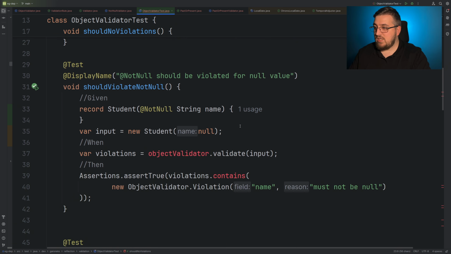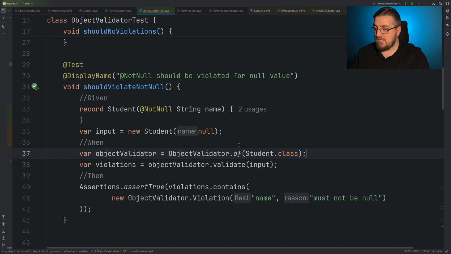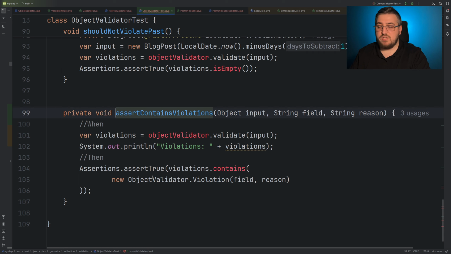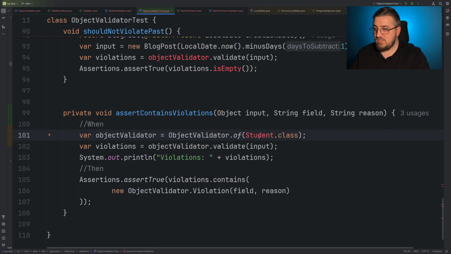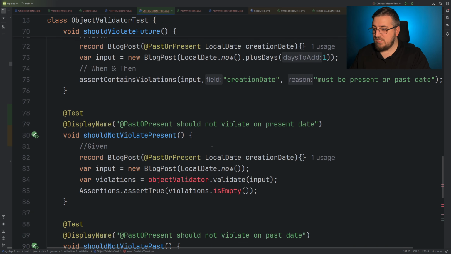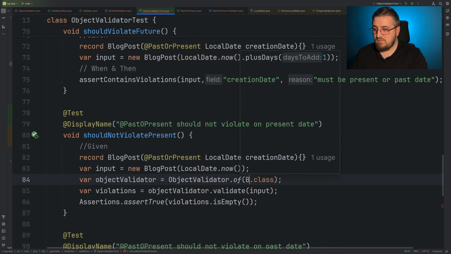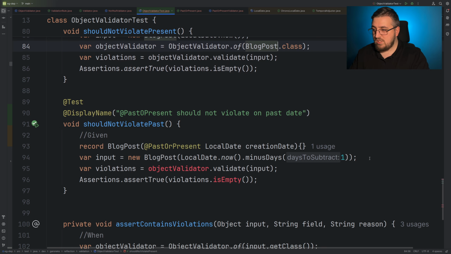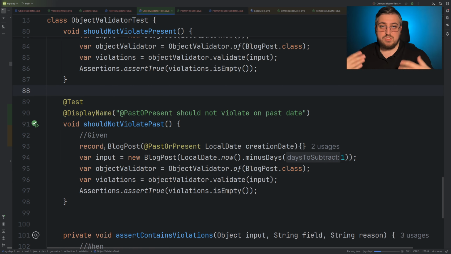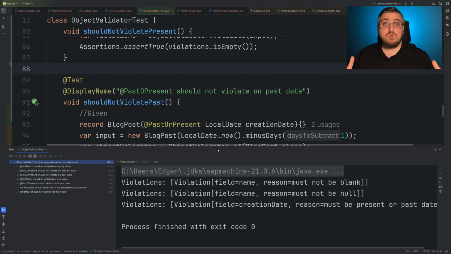So we will need to add that in a couple of places. So let's add it here again, student class. Now here we have this generic function that we used. We actually can use it. Just instead of student class, we can provide our input get class. So we will build a validation for that input and perform validations. And two more places to fix it here. And it will be a blog post, and same goes here. Blog post. So now running the whole test suite, everything is green,